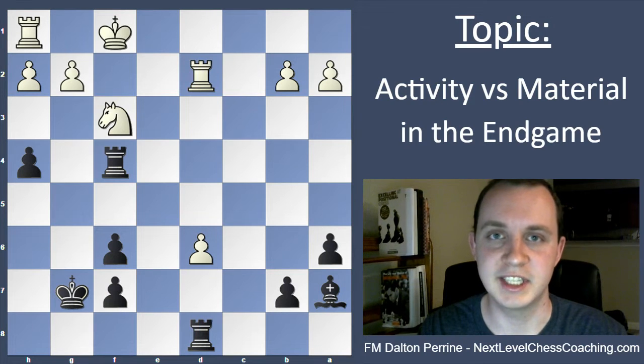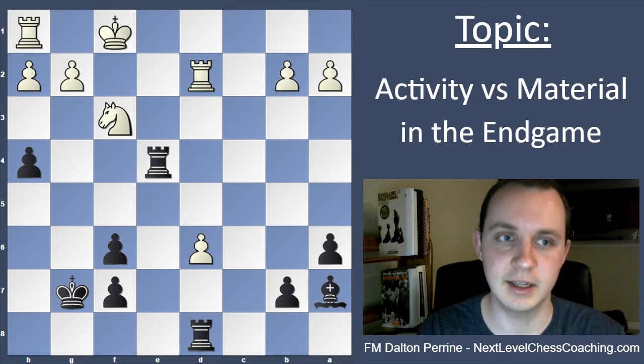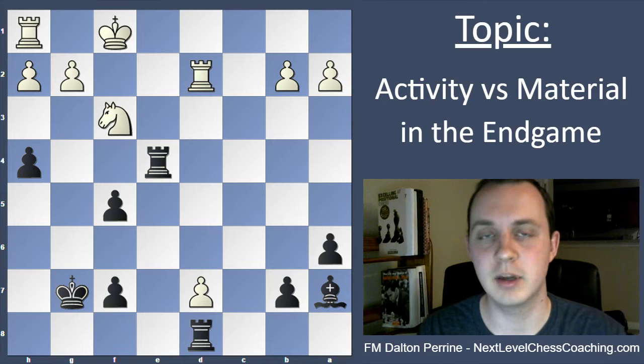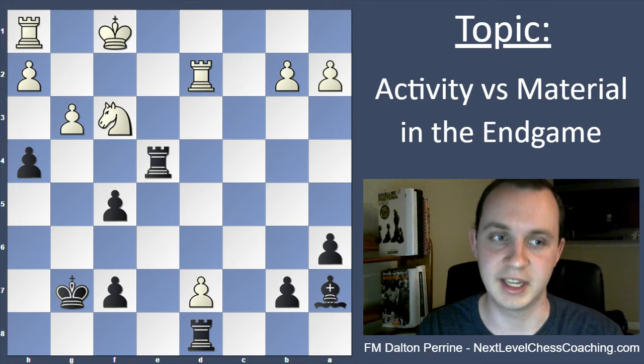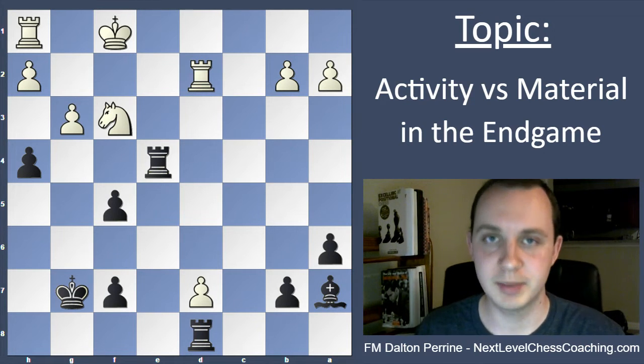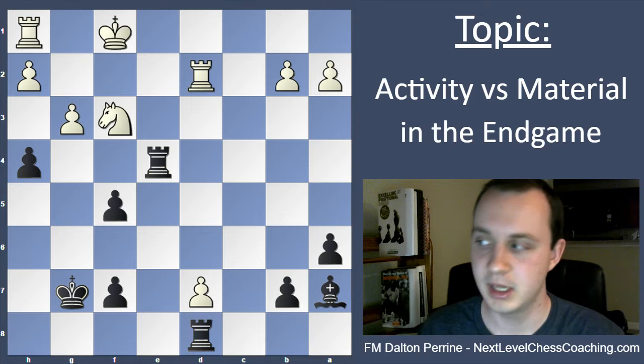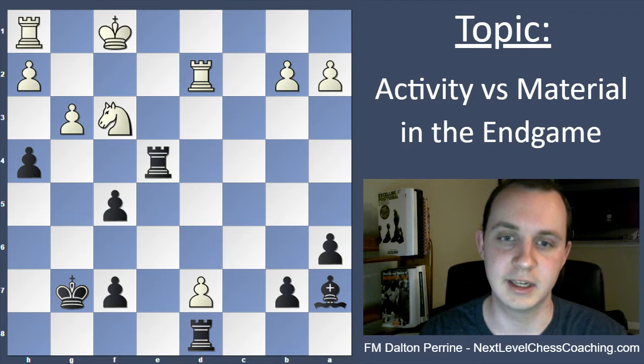And after rook to d2, rook to e4, keeping the king inactive. Though white is now able to play d7, f5, and then a very important move for white is to play g3 here. g3 trying to free up the g2 square for the king. He really has to prioritize getting his king off the back rank so that he can get his rook in the game. And as the game goes along, it actually ends up being a game that turns into a draw